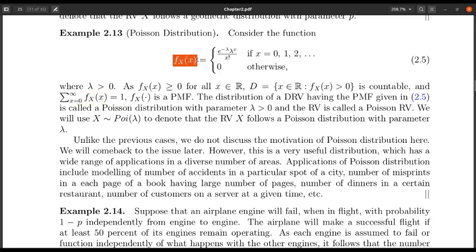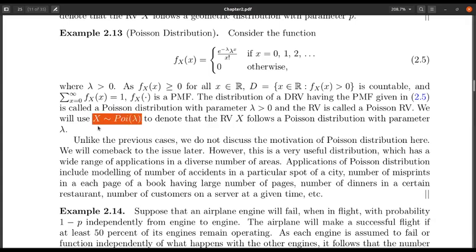So clearly this function f is a PMF, and if a random variable has this PMF, we say that the corresponding random variable is a Poisson random variable, and the corresponding distribution is a Poisson distribution. Note that in this case I have one parameter, lambda. If I change lambda, the PMF changes. So lambda is the parameter, and lambda has to be greater than 0. Otherwise, this may not be a probability mass function. We will use the notation x follows POI(lambda)